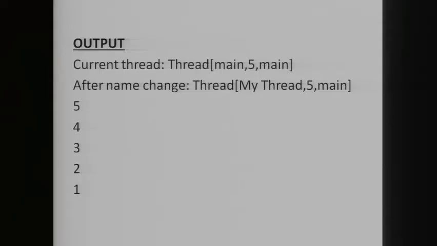So here the name of the thread is my thread, the priority is 5, and the name of its group is main. By default the name of the main thread is main, so if nothing is set, it will take the name main.